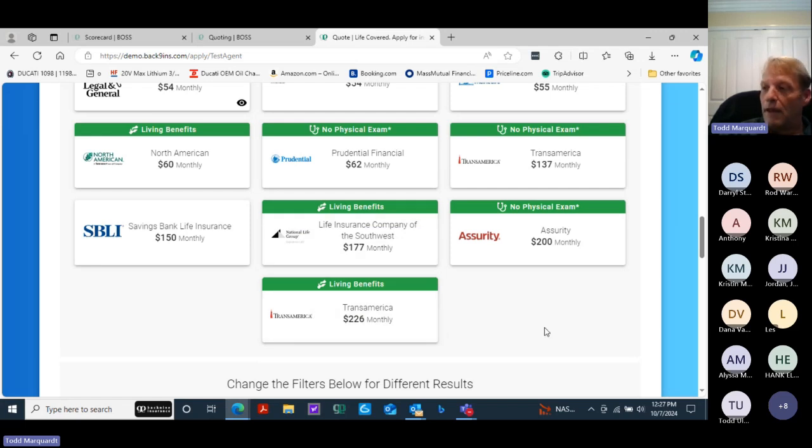Living benefits mean you get critical, chronic, and terminal illness riders available on all these plans, included in the base plan, that will allow your client to access their death benefit if they get in a situation where they're diagnosed with one of these conditions. Chronic illness, they can access up to 2% of their death benefit every month to help pay for long-term care